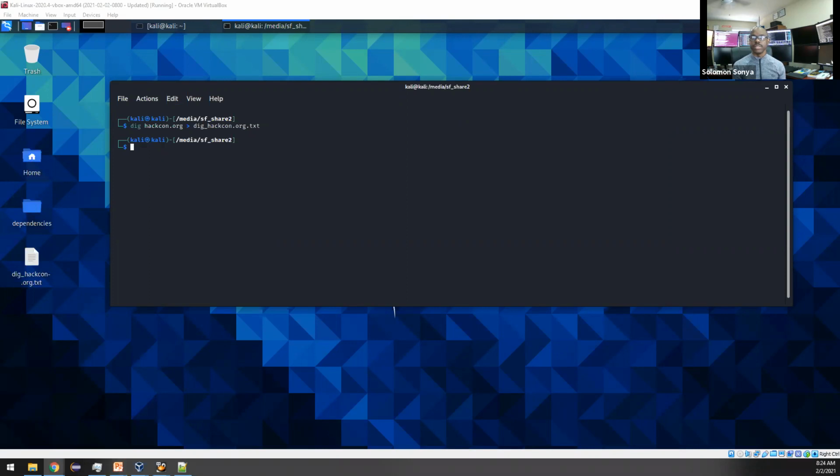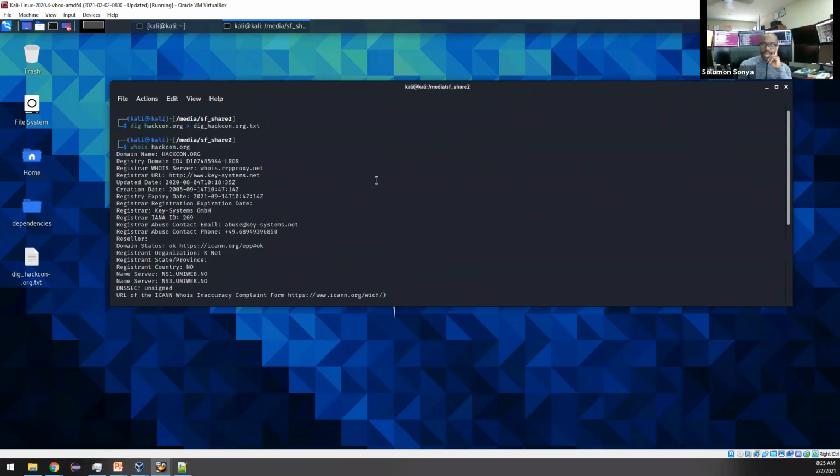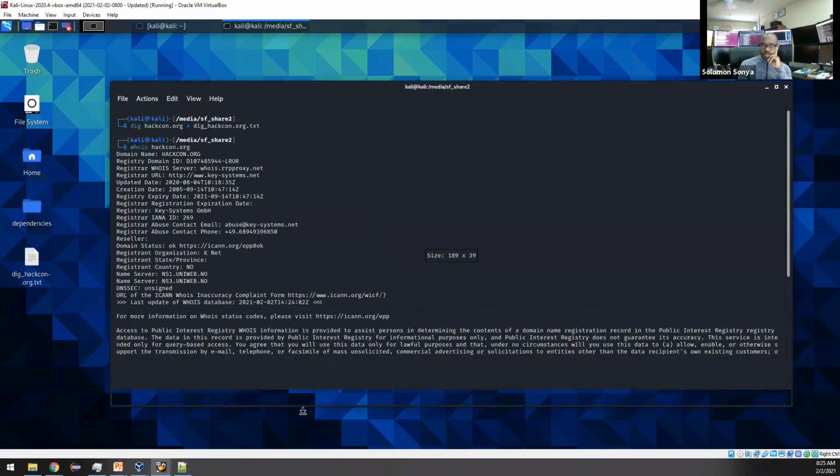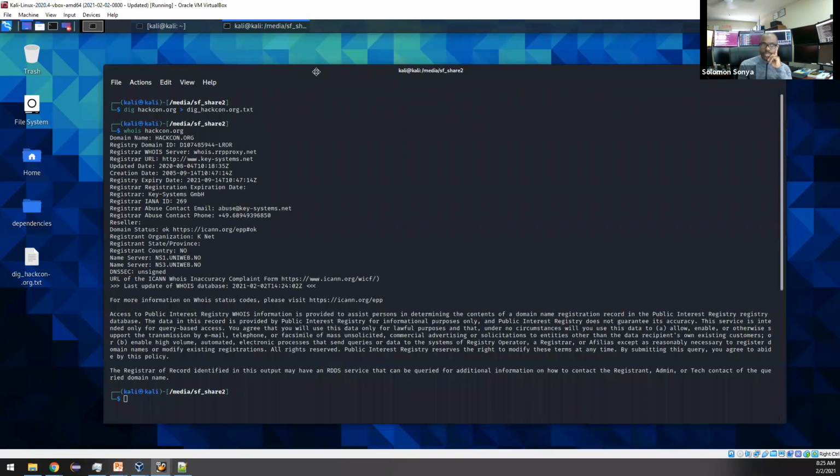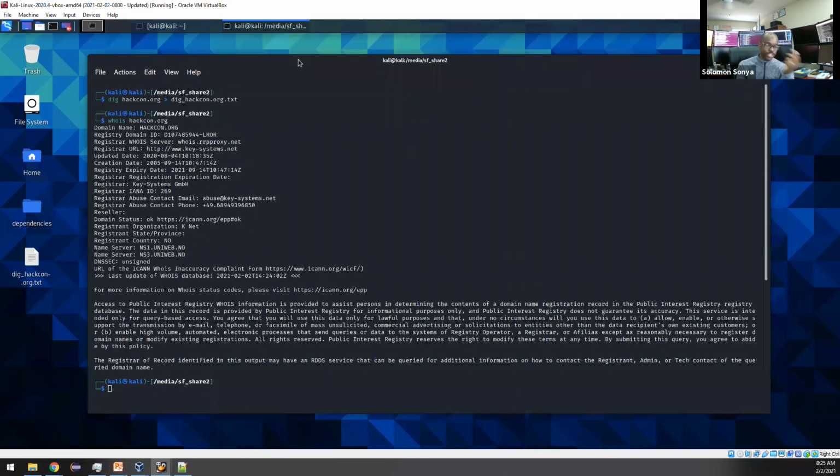All right, now let's take a look at whois. So if we do whois on Hackon, I just type whois hackon.org. I'm not going to save this one because it's not as verbose. And there's no issue. It's just each registration server, each domain registrar, they store information differently based on the